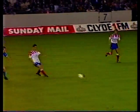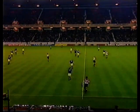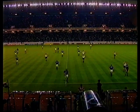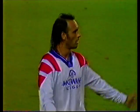Goff into space there for Ferguson. This is Brown. And referee Gyllenborg brings the first half to an end. The first half has turned out to be satisfactory for Rangers, thanks to that brave diving header by Mark Hateley